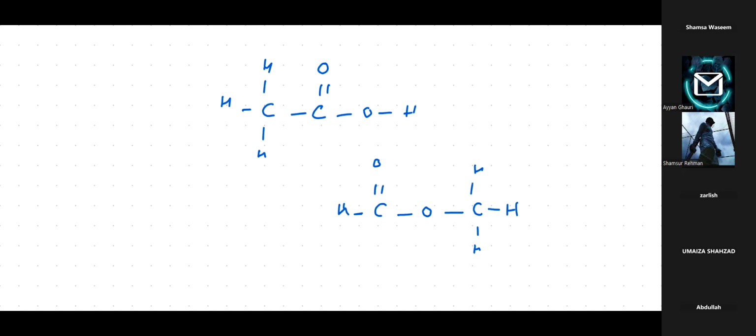Okay? Similarly, if I have propanoic acid, right? Propanoic acid is a carboxylic acid. How am I going to draw its isomer? You cannot draw its branched structure, although starting from butanoic acid, you could draw even its branched structure as well as an isomer, okay, branching of carbon. But for propanoic acid, there are going to be a total of 3 carbon atoms. So you can divide 3 carbon atoms, and you could draw its ester as methyl